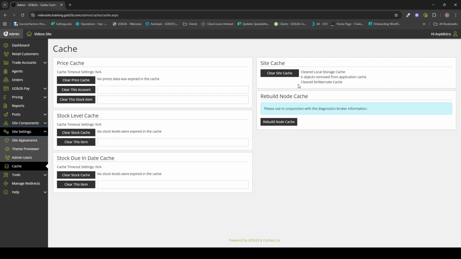You will also see there is an option for Rebuild Node Cache. Do not select this option unless directed by the GOb2b Support Team. Once you have followed these steps, navigate back to the site and refresh the page to see if your changes